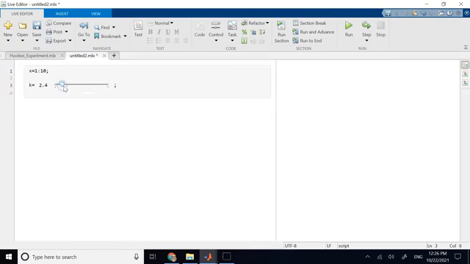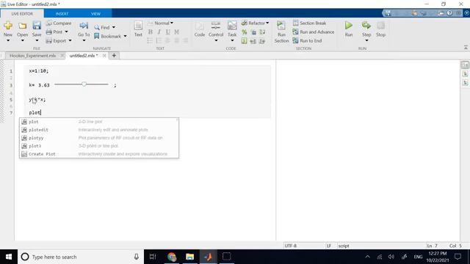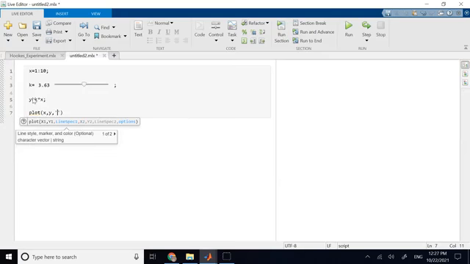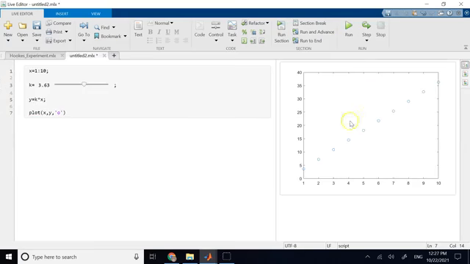So you see here, I created a slider, and now my K, instead of being assigned as a number, is directly read from this slider. So now K is going to be 3.63. Then I say Y equals K times X, and then I say plot X and Y, and let's say those circles, correct? So if I run it here, you see the result is first showing on my right hand side. And now all I need to do is change my K, and you see immediately the plot does change,